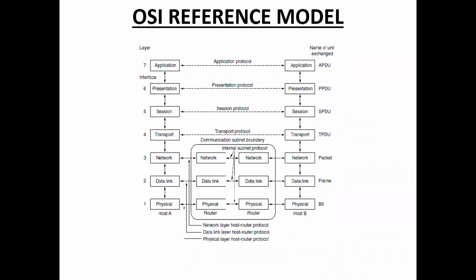And the second one, data link layer. The data link layer is responsible for node to node delivery of the message. The main function of this layer is to make sure the data transfer is error free, from one node to another node. There is no error in the data that is transmitted in the data link layer. This layer is divided into 2 sublayers: logical link control and medium access control.